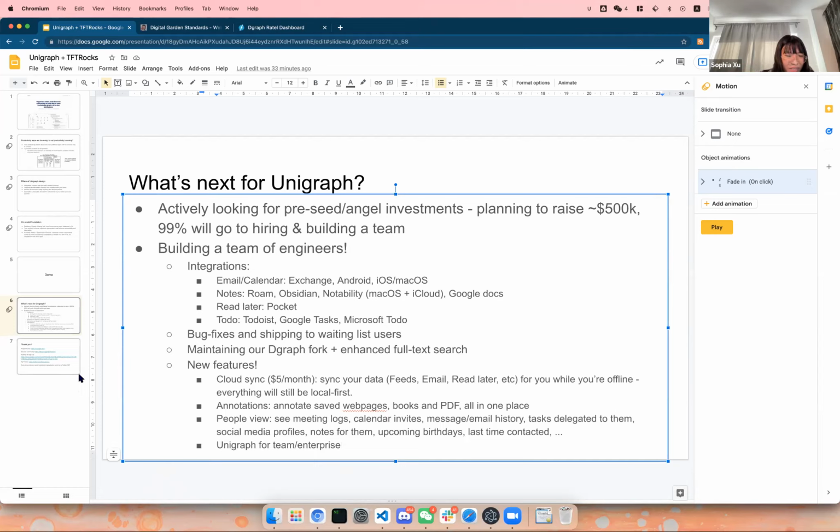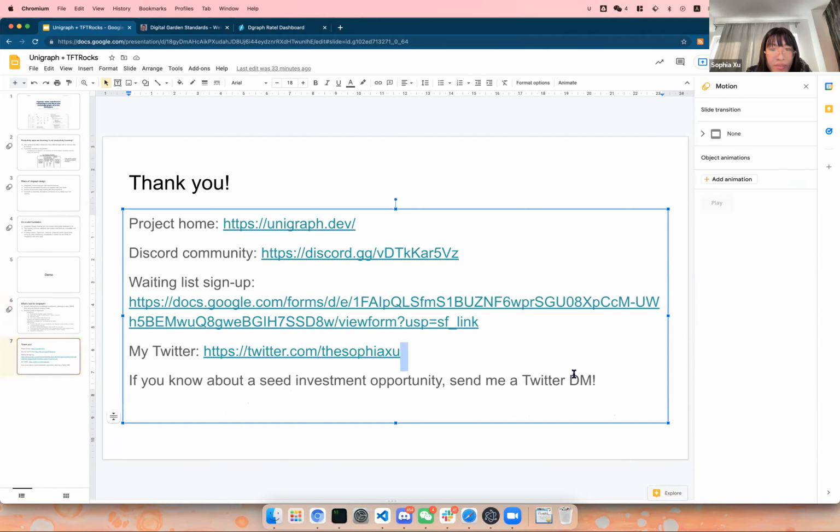Yeah, so I'm actively looking for investments. I do have a couple of leads. I'm actively talking to a couple of angels right now, and the plan is to raise 500K to essentially build a company and hire a team. All of the source code is going to be open core, and everything will be MIT. Everything you see here will be MIT. There's no going back on licensing. And all of the community contributions will be MIT as well.